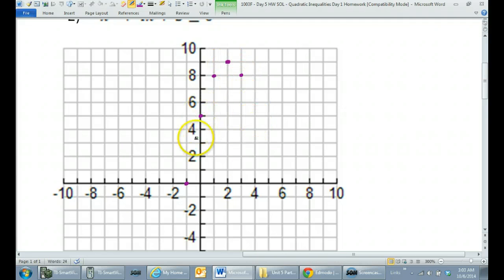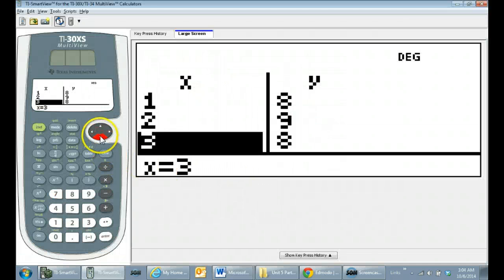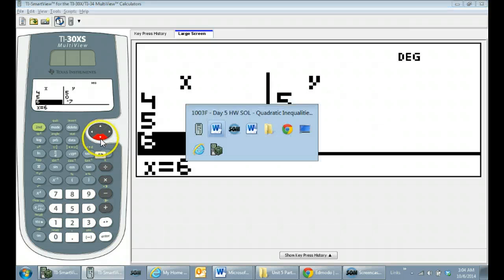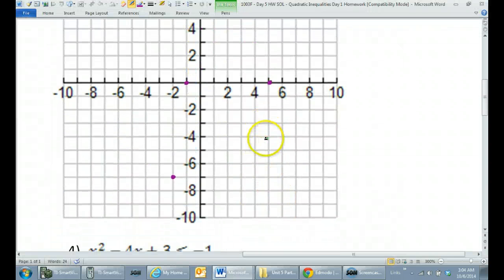And then you can see the mirror images are happening after that. So I'm sure at 4 we'll be at 5. And at 5 we'll be back to 0. And of course at 6 we're back to negative 7. Okay,